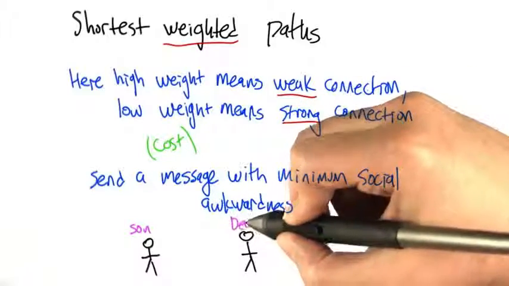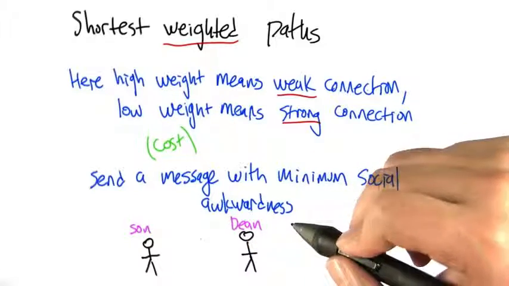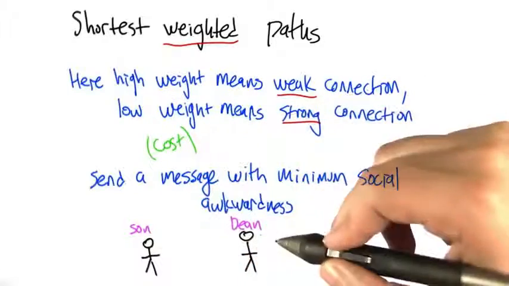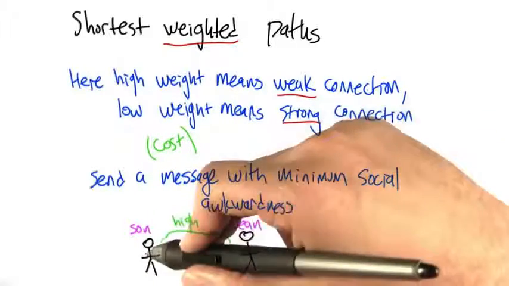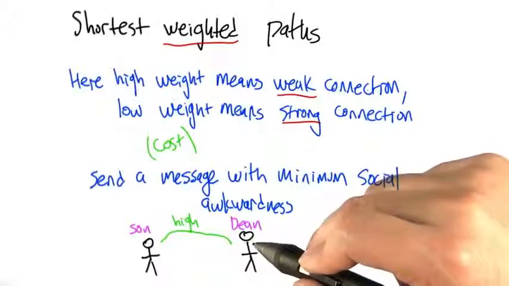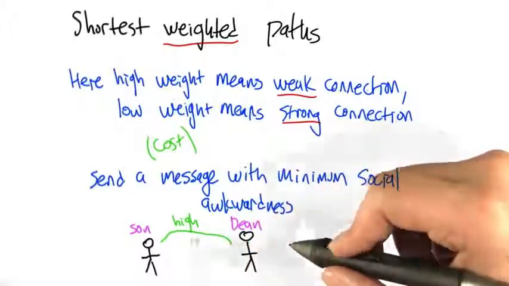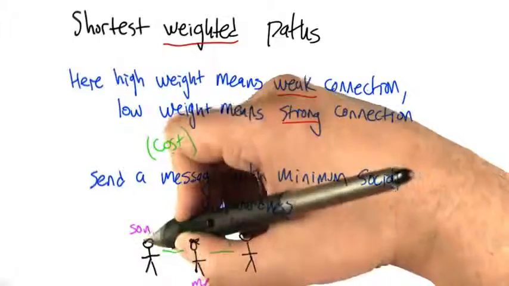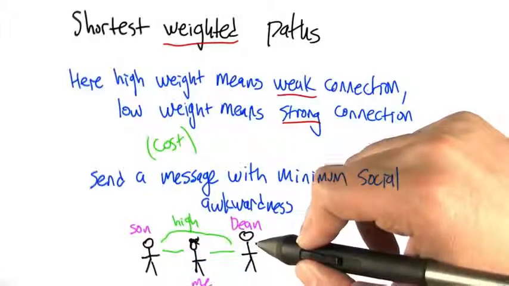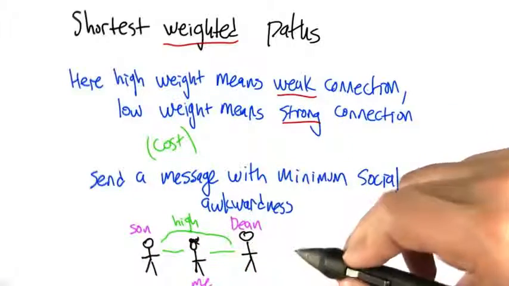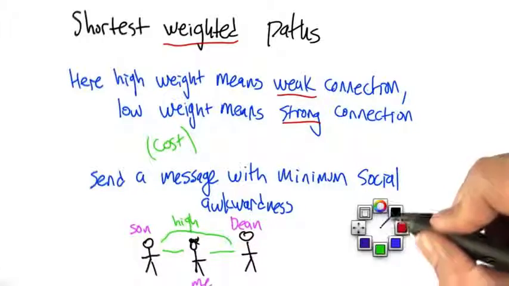For example, my son is really interested in American history, and my dean is an expert in American history, and he wanted to ask the dean a question. But that's kind of awkward. They actually don't know each other directly. To the extent that they do know each other directly, random young men don't generally contact deans of big schools of arts and sciences. There's sort of high social awkwardness for that. But I was able to help get a message from my son to the dean because I have very low social awkwardness with my son, and I have fairly low social awkwardness with the dean. So the path of sending a message, basically a recommendation for a book to read about American history, traveled much more easily through me to the dean than it would have to the dean directly.